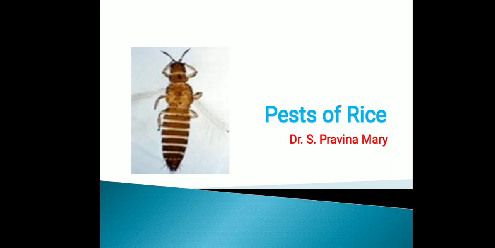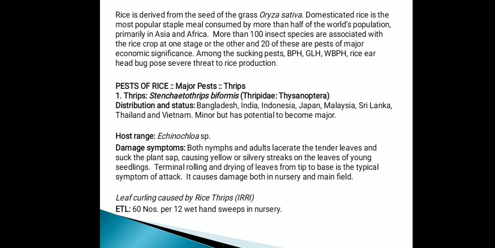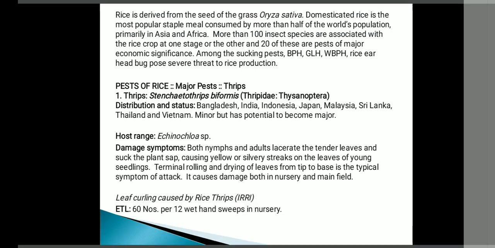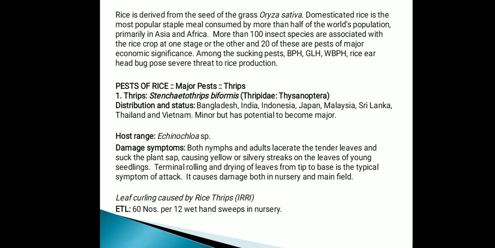Good morning everyone. Today we are going to learn about pests of rice. Rice is derived from the seeds of the grass Oryza sativa. Domesticated rice is the most popular staple food consumed by more than half of the world's population, primarily in Asia